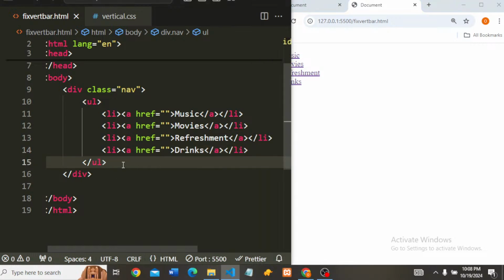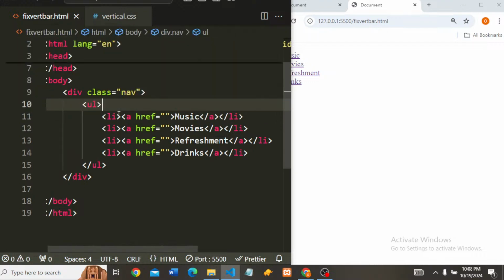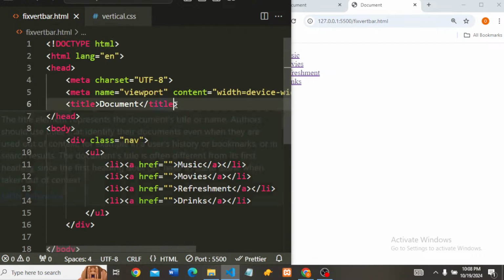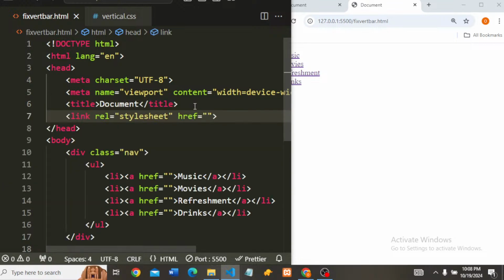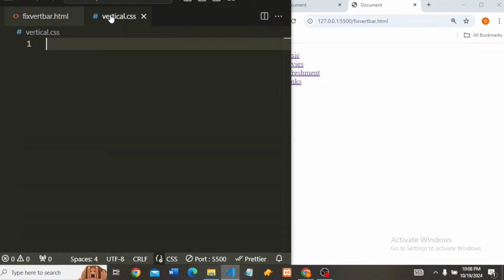So next thing we're gonna do now is let's go to our CSS. Remember we have this nav. So on our CSS, before we go there, let's link. So coming back, I'll add a link here. Link, okay, vertical the CSS. So coming to this vertical the CSS, I have this